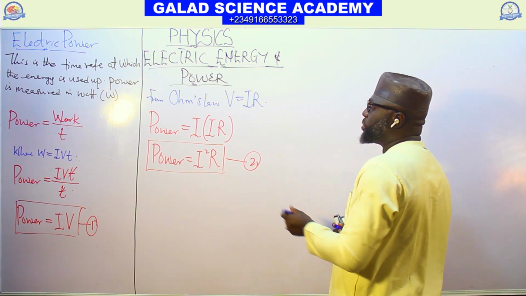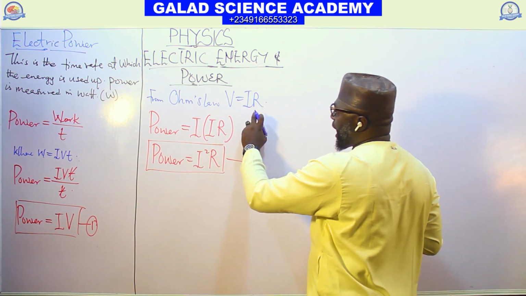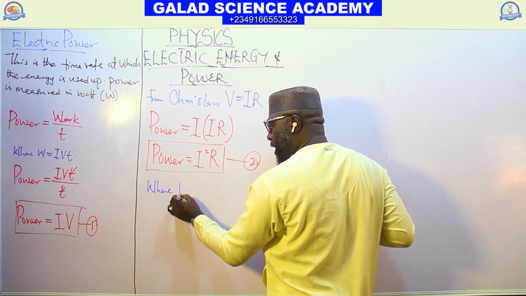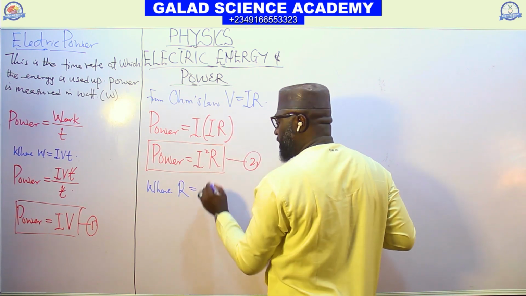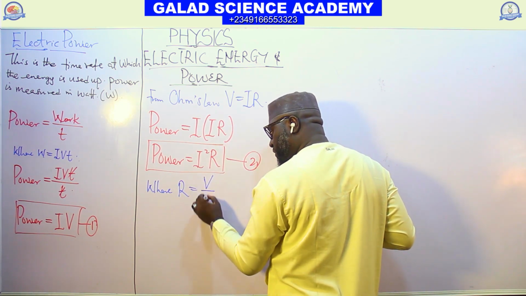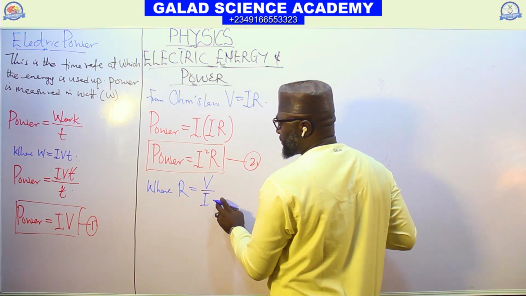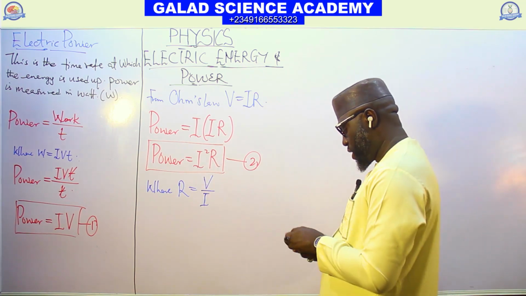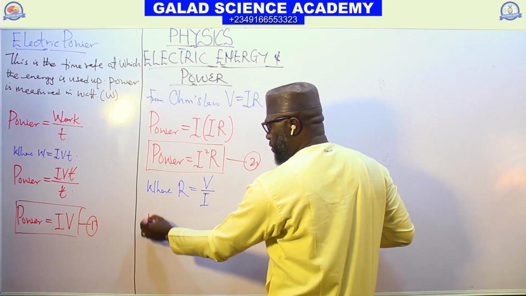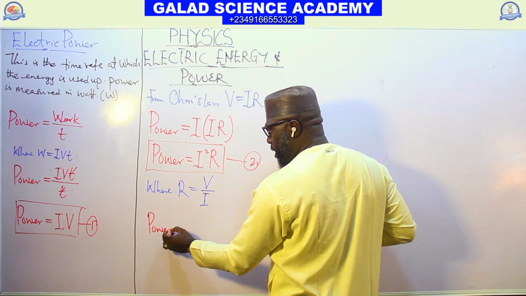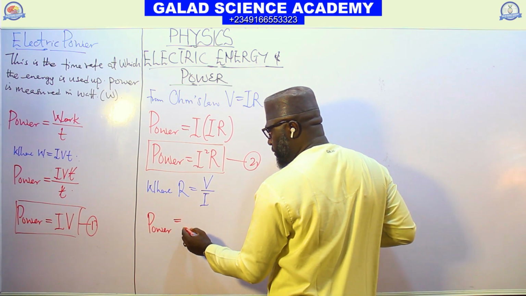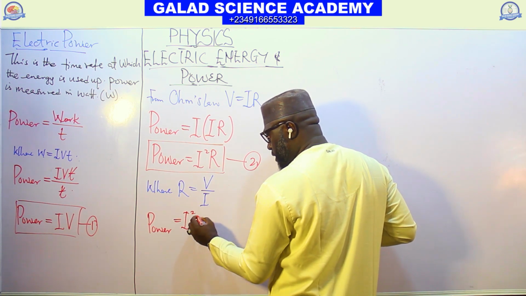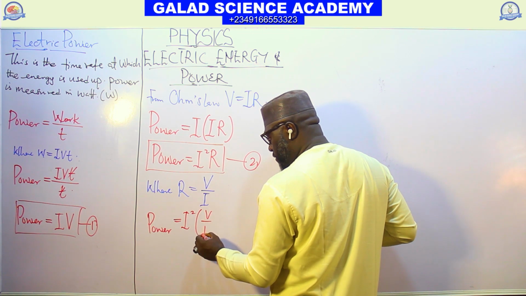So from this same Ohm's law, let us make R the subject of the formula. R is equal to potential difference over current, V over I. By substituting for this R here, we are going to have power to be I squared into V over